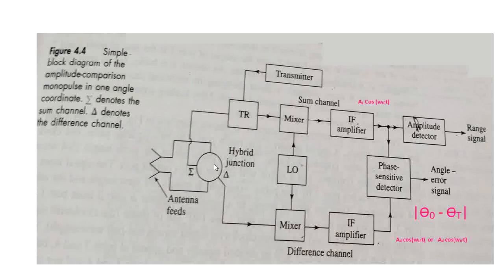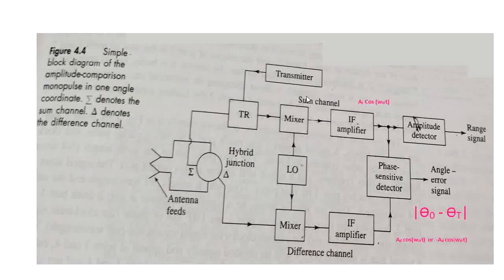And whenever we are going to receive the echo signal, as already discussed, we require the sum signal as well as the difference signal. The sum signal indicates the range, that is the distance between the moving target and the antenna of the radar. That is what is calculated in the upper part of the circuit. So here, whatever echo signal is received, we are going to mix with the local oscillator. The same local oscillator we are going to give as input to the mixer of the difference channel.